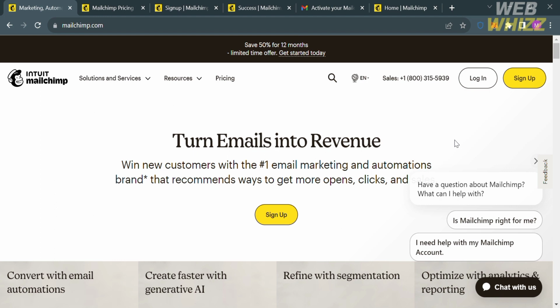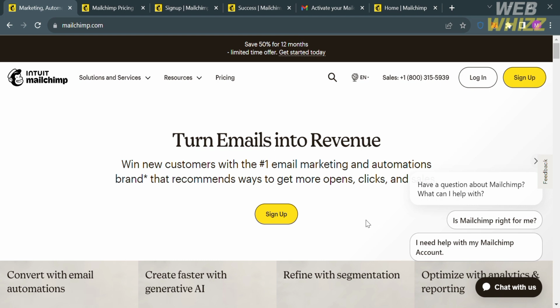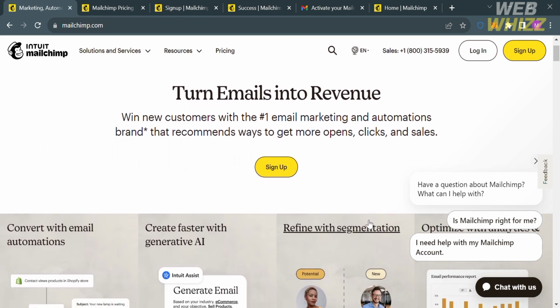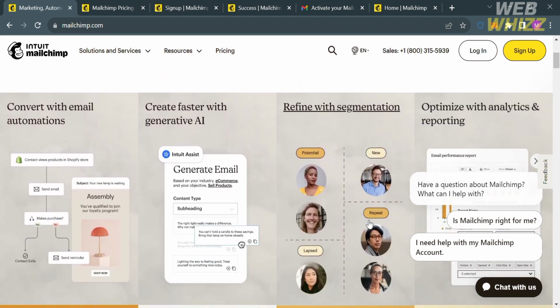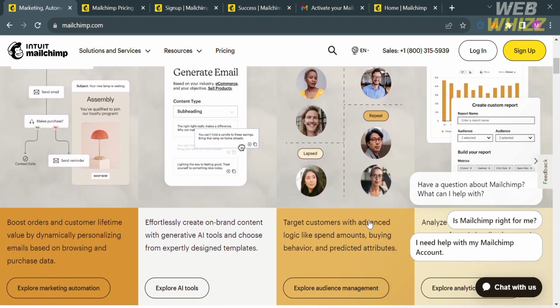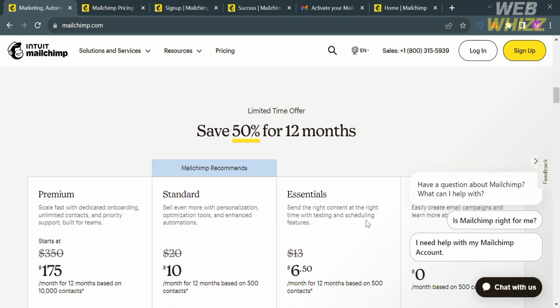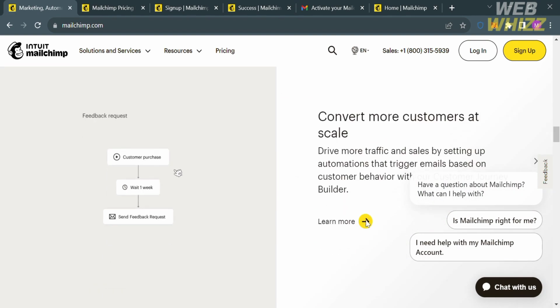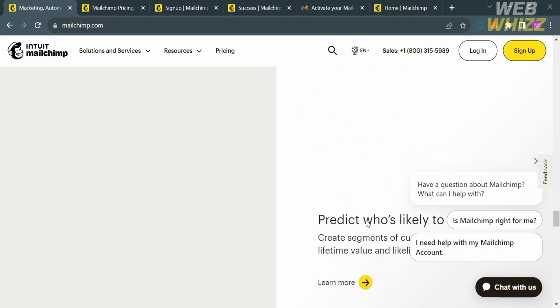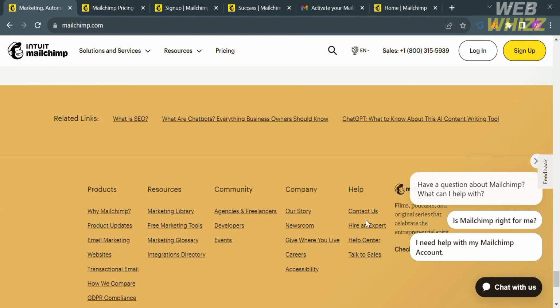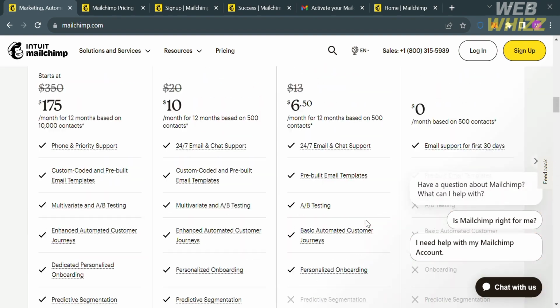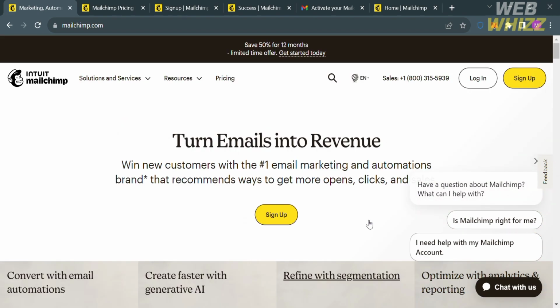So the first thing that you need to do is to open your browser and kindly go to Mailchimp.com. Or you can simply click the link in the description below, and you will be directed to this page, which will show you the details about this platform. And if you don't know Mailchimp, it is an all-in-one marketing platform that provides a range of marketing and communication tools to help businesses and organizations grow their online presence, engage with their audiences, and market their products or services effectively. It is also widely known for its email marketing services, but it also offers a suite of other